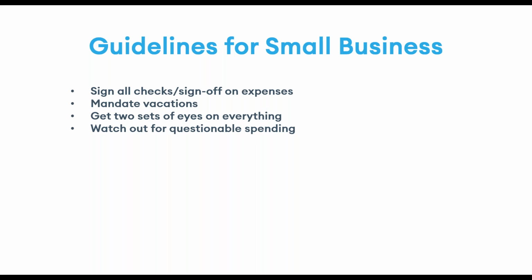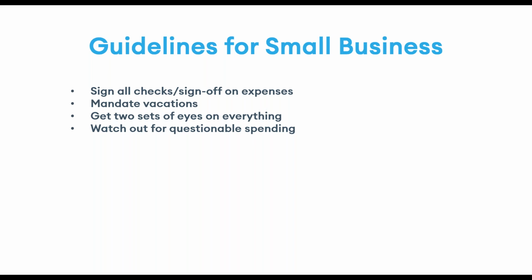I also recommend get 2 sets of eyes on everything. If you're in a small business and you're operating on a limited staff, segregation of duties is usually not as practical as what could be ideal. But owners and managers, you should consider implementing job sharing, in which 2 or more employees are regularly assigned to one area of the business, and maybe they alternate weeks or on some other schedule. That way, with this arrangement, employees may notice if the other employee is committing some sort of fraud.